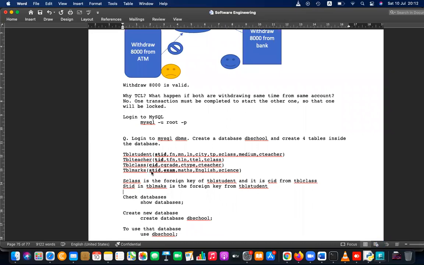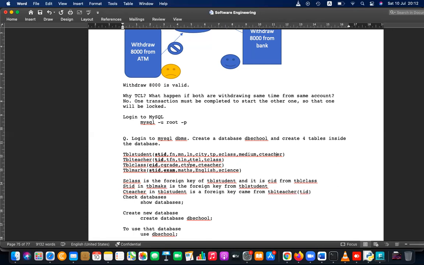TBL student's student ID is the foreign key here. The teacher's ID should go here. So let's do it like this: C teacher in TBL student is a foreign key that came from TBL teacher. Actually, it is TBL teacher TID that goes as the foreign key to this table.